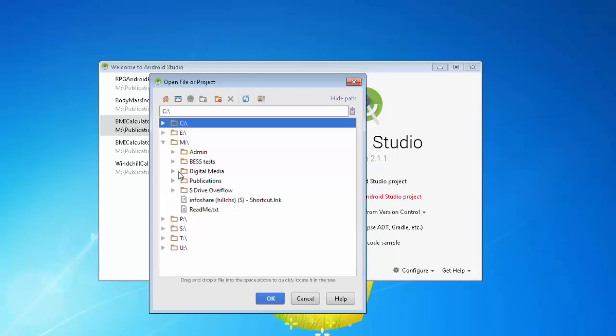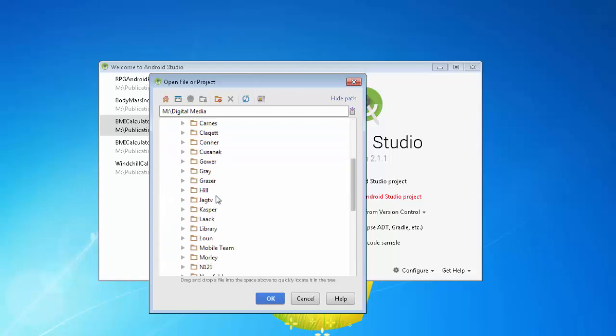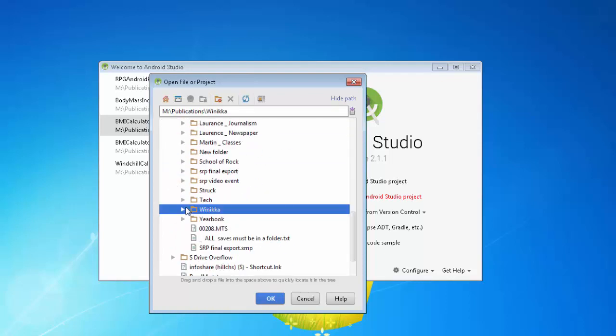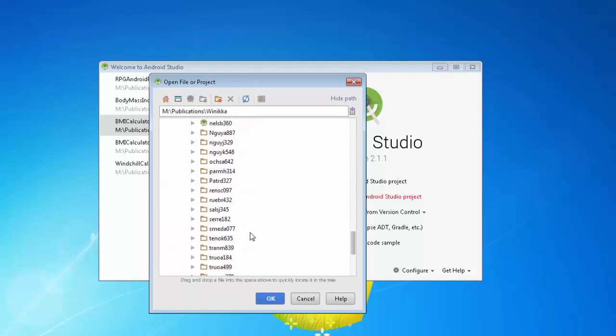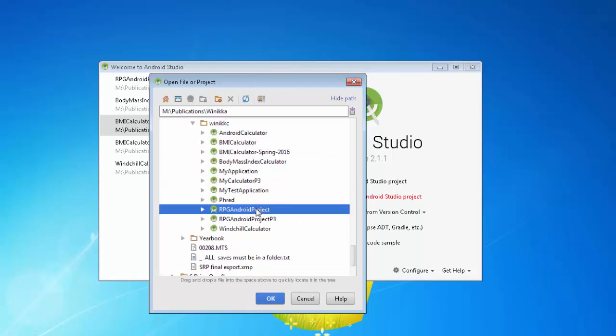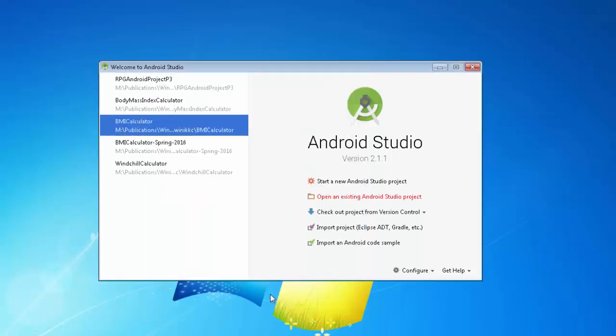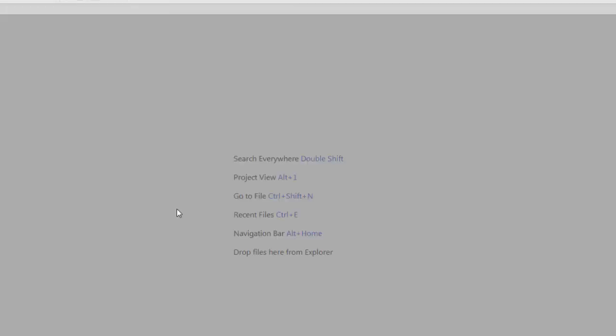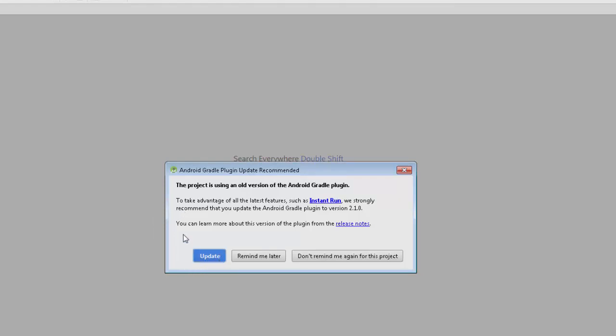I'm going to open up a project I have yet to open since getting the Android Studio upgrade. So I'm going to go in here, find a project I have yet to open. And that would be this particular project, which has yet to be opened since getting the new version of Android Studio. By the way, if you have an option to either import settings or not import settings, I recommend, or at least I did it, where I didn't update any